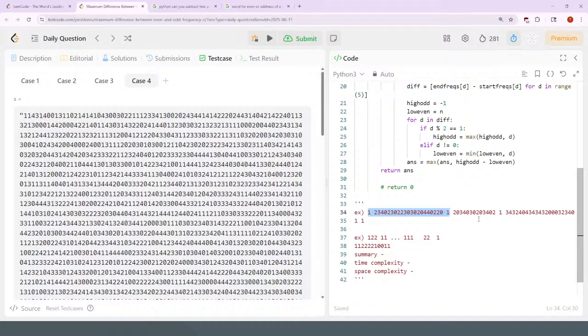So I'm looking at the highest odd here. Yeah, the highest odd here. And here the ones is your odd amount. So you're looking at your lowest even amount. So the highest odd amount